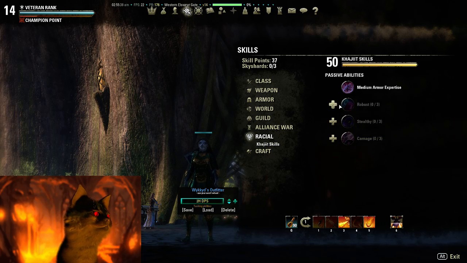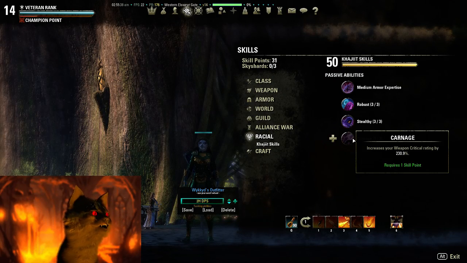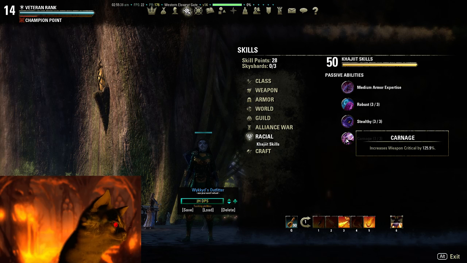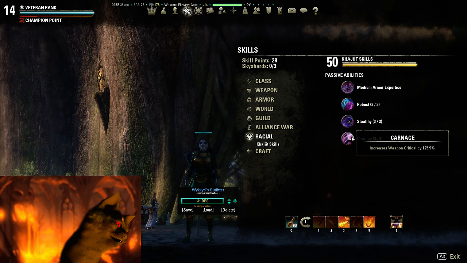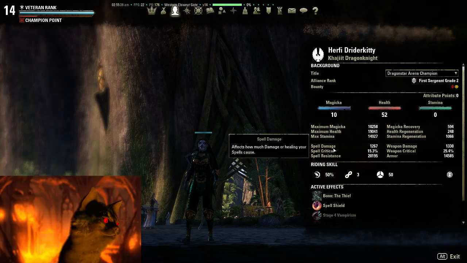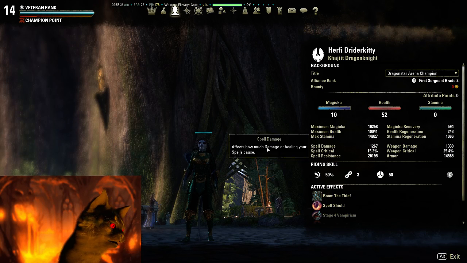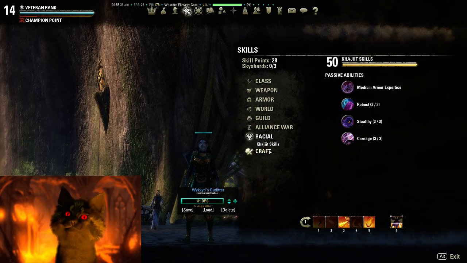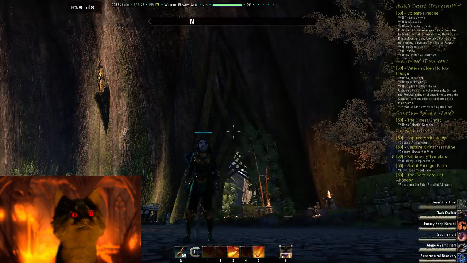Now, racials, we still have the standard Robust, we still have the Stealthy with Khajiit, and we still have the weapon critical. Now, I don't think that percentage is right, because increasing my weapon critical by that much, I think I would be able to see it. I think that's currently a typo. I think it's one decimal off with that, but that's kind of what it is. And we have the same crafting abilities there. So that pretty much covers